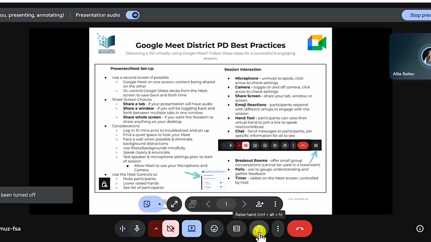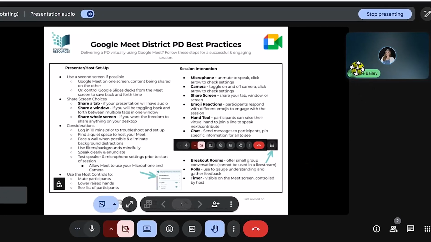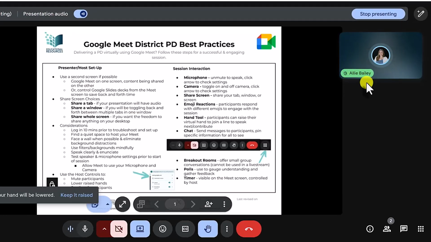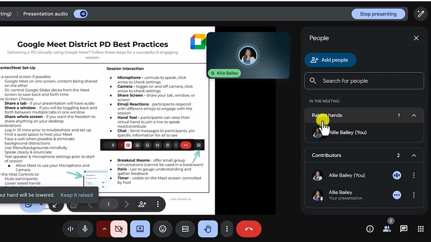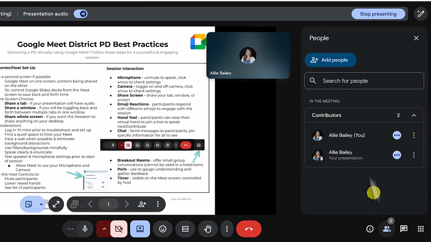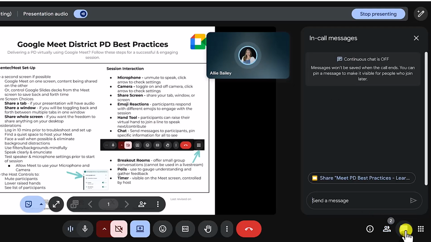The next button is the raise hand feature. This is going to add participants to a running list of people who have their hands raised. Under the People tab, you will see that raised hands category here, and it'll show who has raised their hand and in what order. Under the People tab, you can also see who else is in the meeting if you need to. Of course, you have your chat icon here,